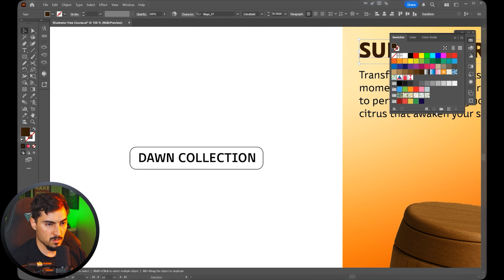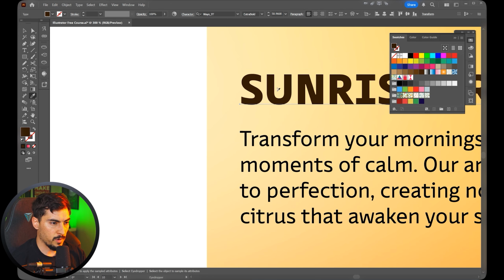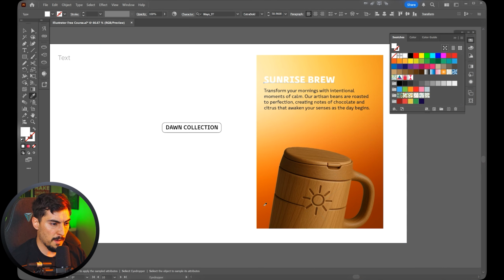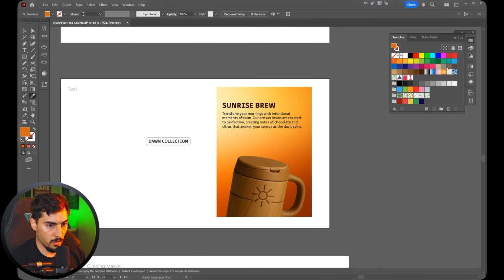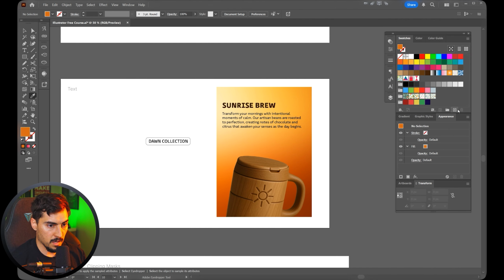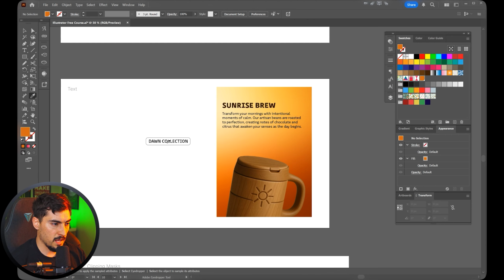And I'll create a swatch. You can press the plus button. So maybe you want this brown color. I can press the eyedropper tool as well to select colors. Maybe I want this orange. I can just sample the color, and because there's a mask there. There we go, got the orange color. I can press the little plus in the swatch panel to make this new color, press OK, and then I